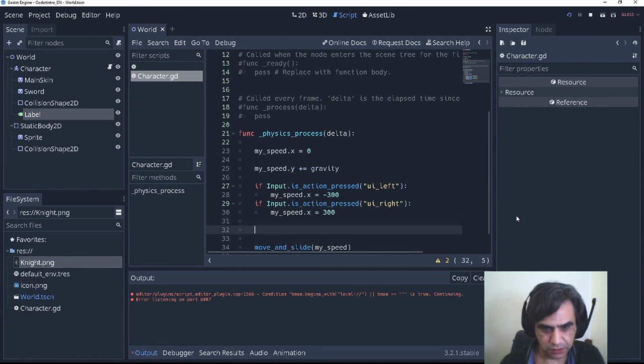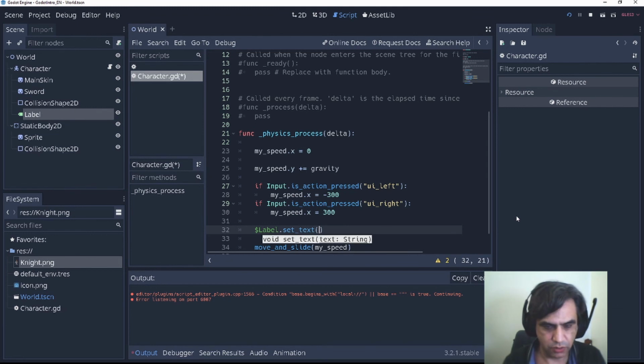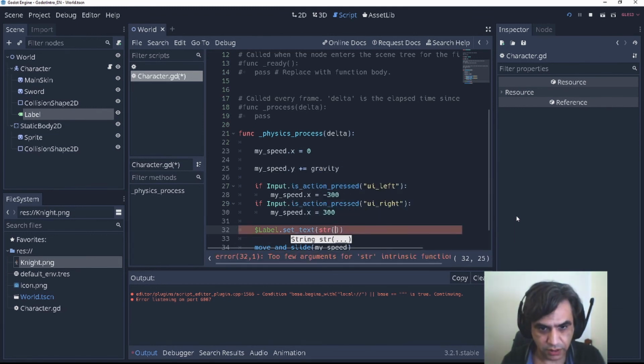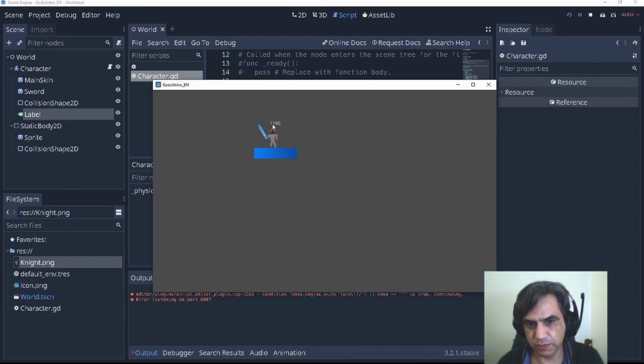So my speed, we are going to write on my label, and set text. We change this to a string, and we want my speed y. If we run this, we'll see that the speed is increasing over and over and over. So remember the y speed.